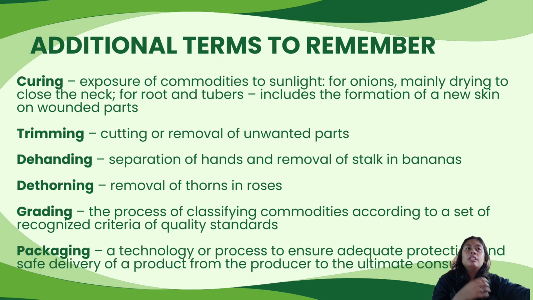Next is grading. Grading is classifying our products based on quality standards. Next is packaging. It is the process of protecting our products and ensuring safe delivery from the producer to the consumer. So, these terms are important in post-harvest handling because they help preserve product quality and reduce losses. These terms are commonly used in the agriculture or food handling